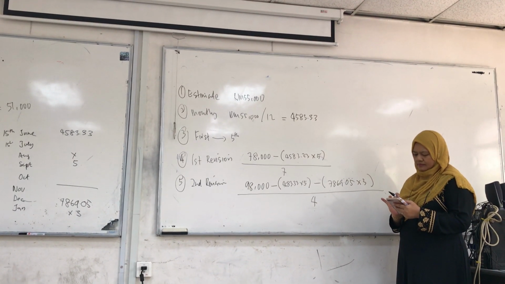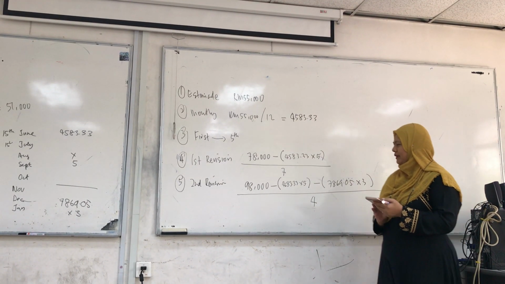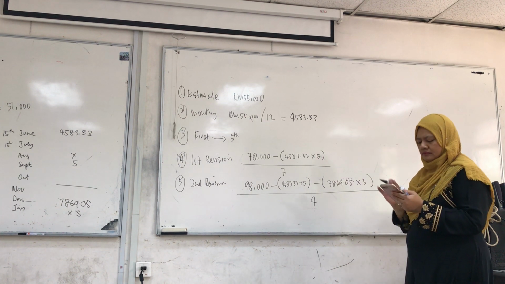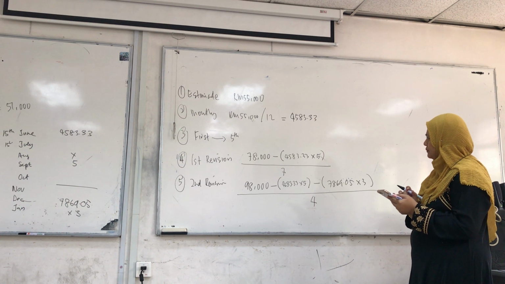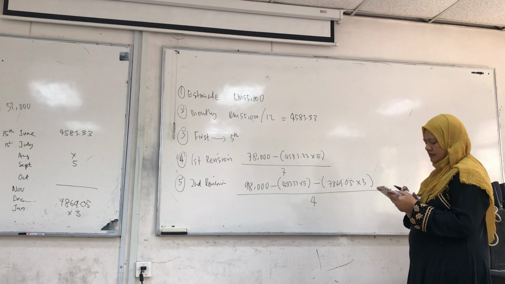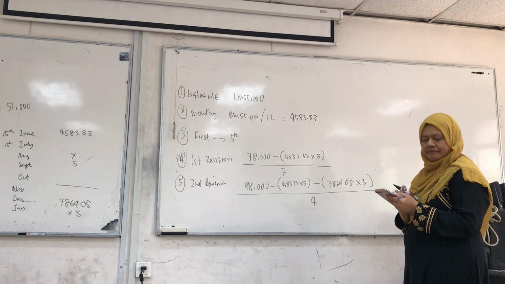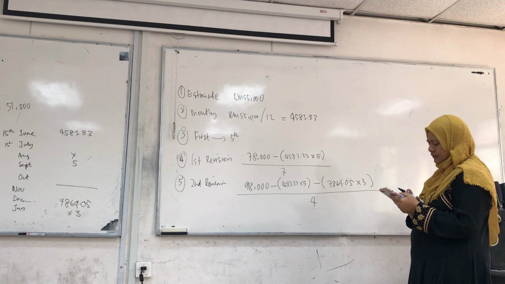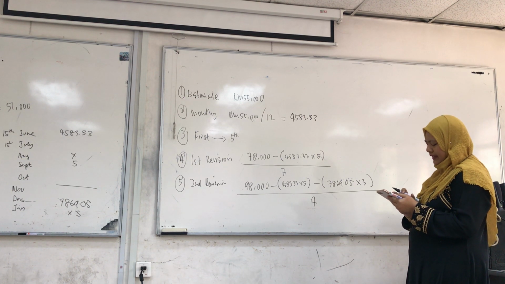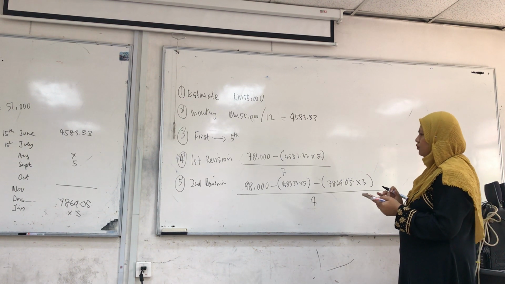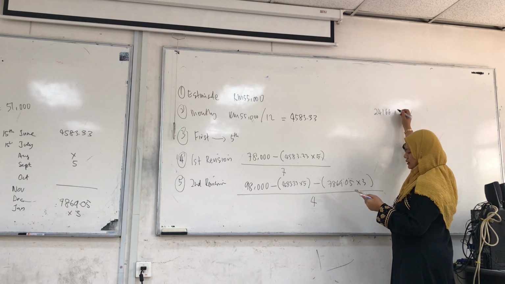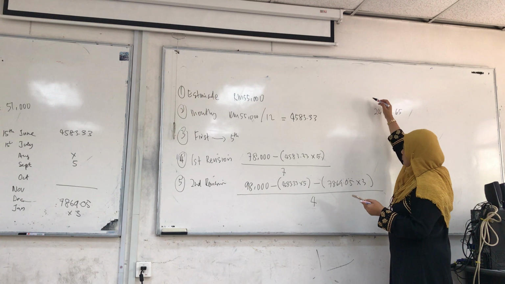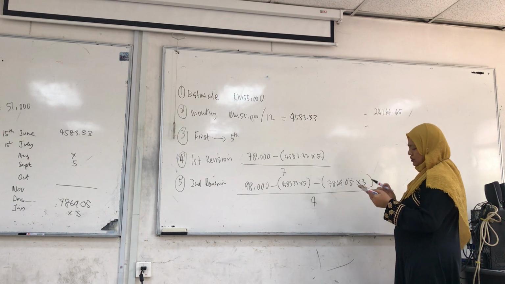It's difficult to calculate this. Let me see. 4833.33 times 5 equals 24166. Okay, let me see. 24166.65. You minus, right? And then you have